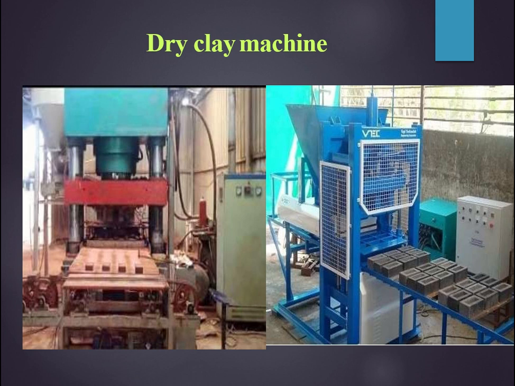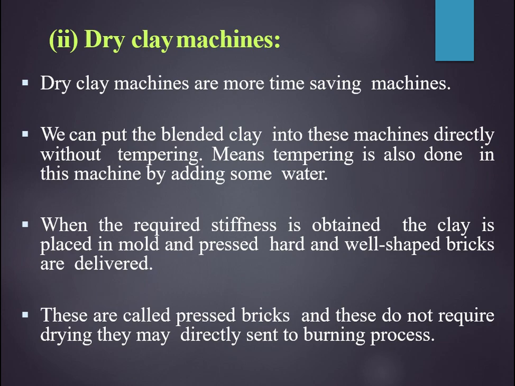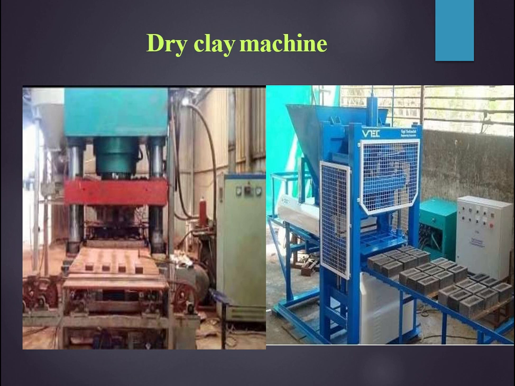That's why it is called dry clay, and here we call it plastic clay, meaning it was already a tempered clay. This is a blended clay, it's not mixed with water, right? So in this machine we pour the dry clay powder, the blended clay, and then the water, and the tempering action will be done here itself. Then under high pressure, we press the block into the form of bricks, and hence you get good bricks. These bricks will be more dense, smooth and uniform than ordinary bricks, okay.